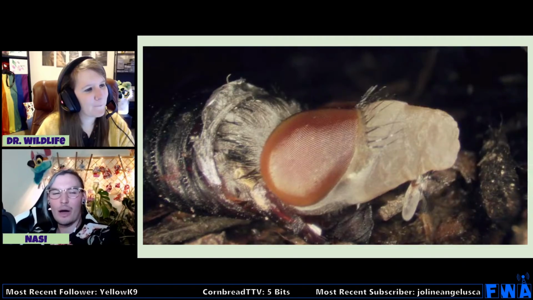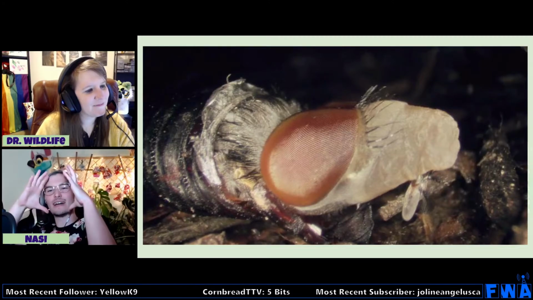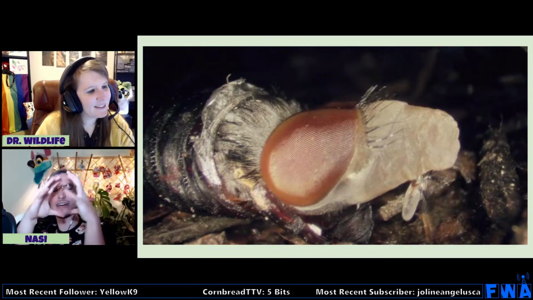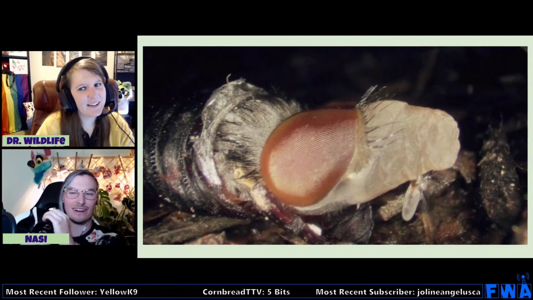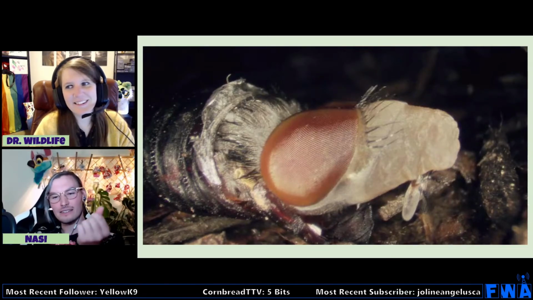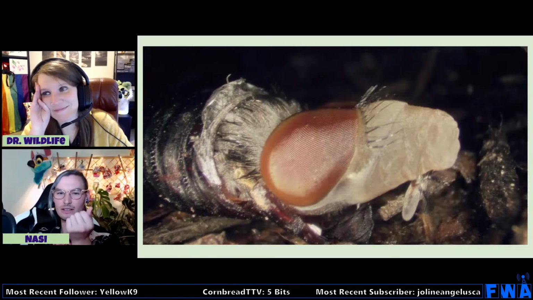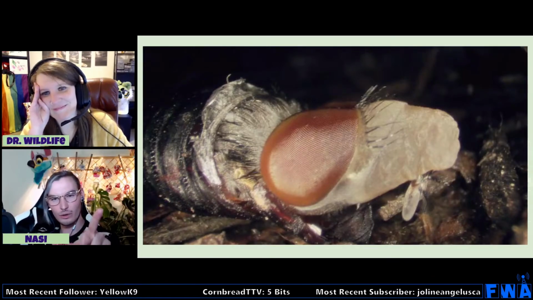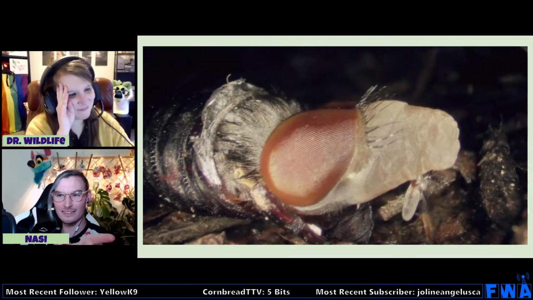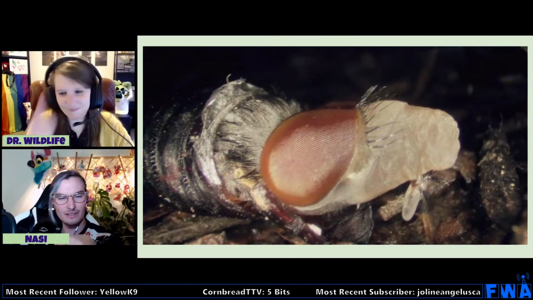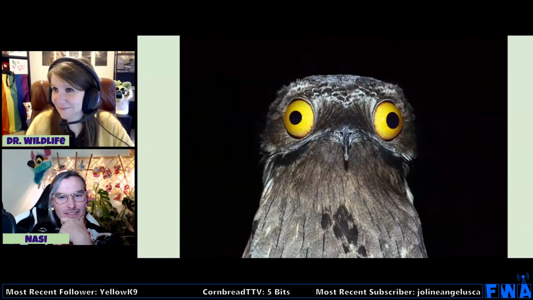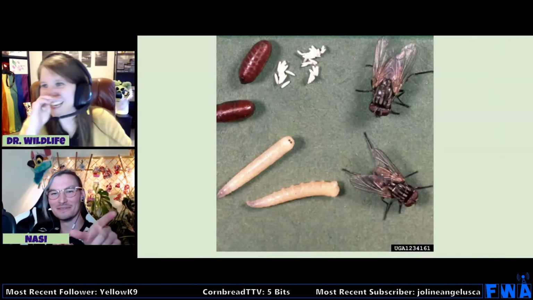All right. I want you to fixate on the white part in front of the head. Flies have adapted this really strange physiology. If we go back to that other slide, the one showing the life cycle, there you go.